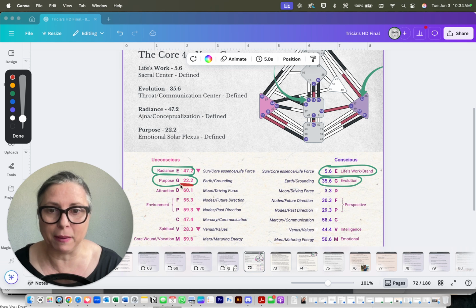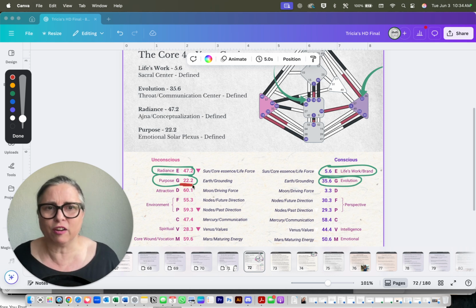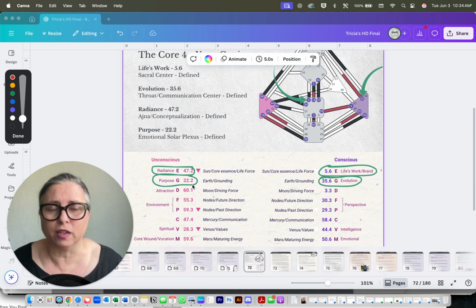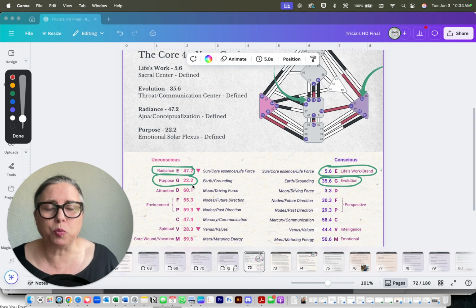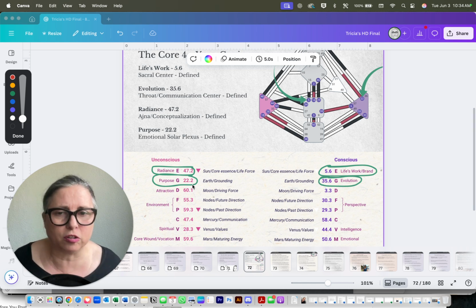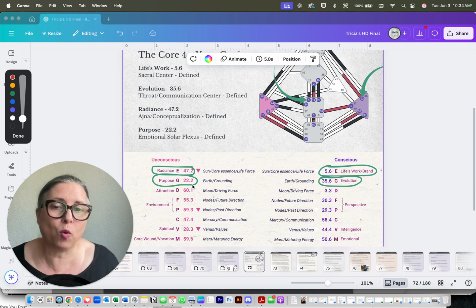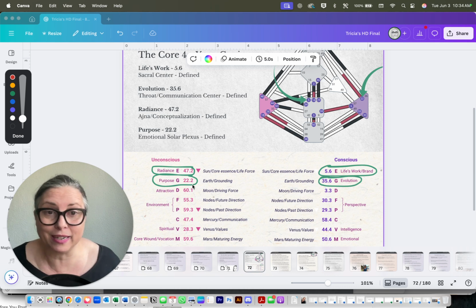Mine is about emotions. Yours might be something different. It might be a different spot on the body graph, so you might be looking for grounding techniques that involve something different. This is why you might have tried somatic practices or grounding techniques, meditation, journaling, whatever. There are so many different things out there, and some of them may or may not have resonated with you because it's not what your grounding is.